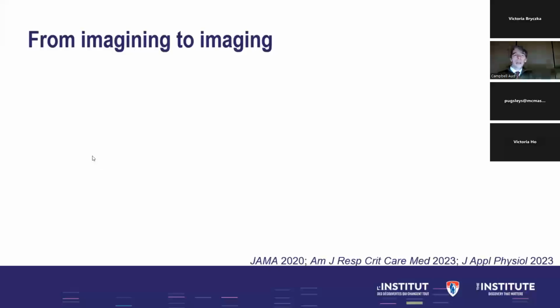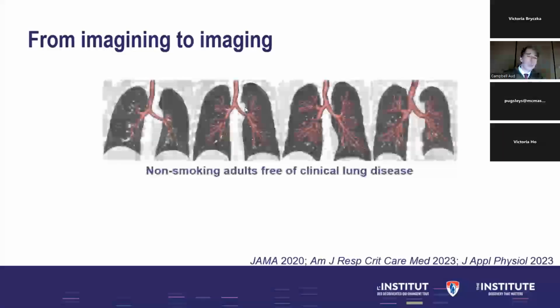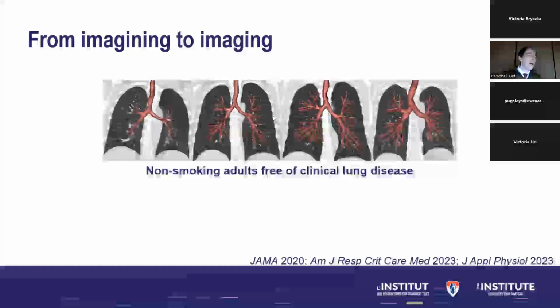So we had that hypothesis 50 years ago. What's happened since? Well, one avenue that's been enlightening is the capacity to image the internal structure of the lung. And so in this study, we took a large number of people from the general population, adults who had never smoked, never had a diagnosis of lung disease, never lived with a smoker, never had an occupational exposure to vapor, gas, dust, or fumes.